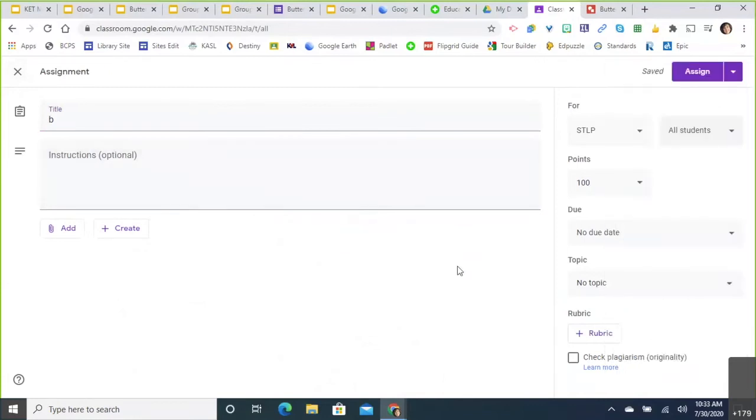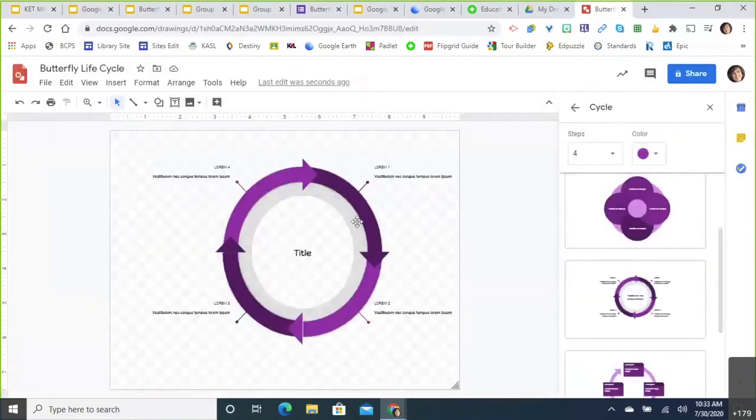So it's the exact same thing as I did in slides. You'd want to do a group 1, a group 2, group 3. Now, if you wanted to give students control over that, you could just teach them how to use this feature and not assign a specific look. So that's up to you if you want to give them control of which diagram they choose or whatever,